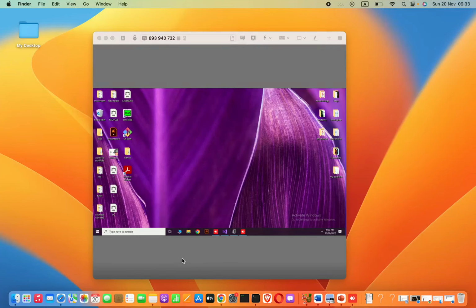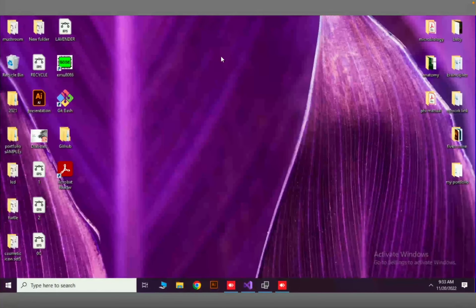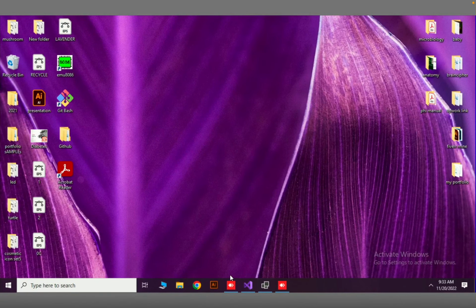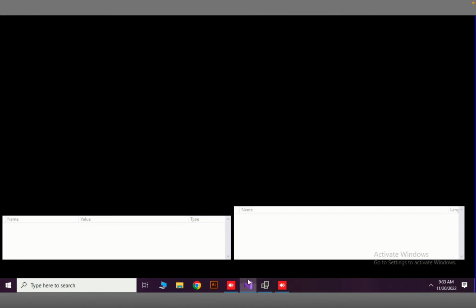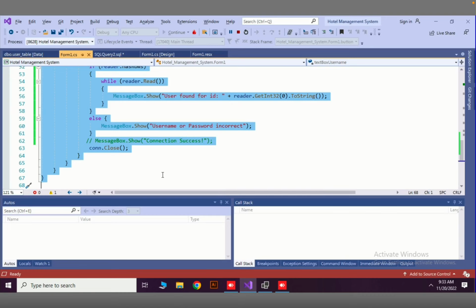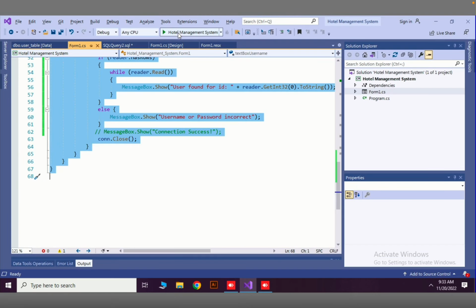Hello guys, in this hotel management system, we have completed the login page. We are searching information on the database and checking whether user credentials are matching with those database values. Now all we have to do is just go for the next page. For example, if we run this program,